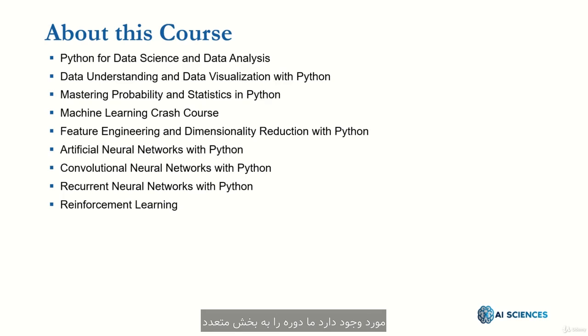Let me explain why this contradiction holds in this case. We have divided the course into multiple sections where each section is a standalone and independent concept or even a course on its own. At the same time, however, we arrange these sections in a sequence such that each upcoming section builds upon the previous section and explores more independent concepts. So by the end of this course, a viewer will be equipped with almost all the concepts required to excel in data science with practical hands-on as well as with a strong theoretical foundation.